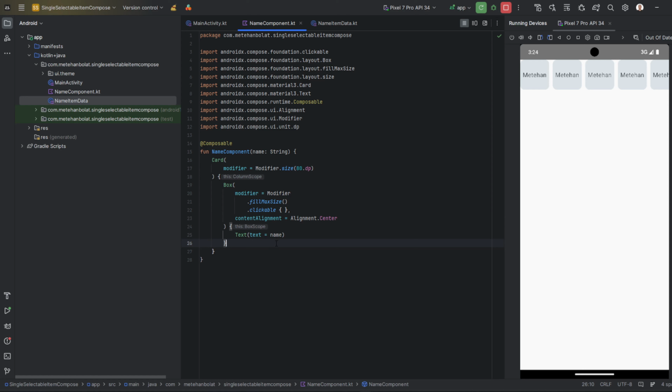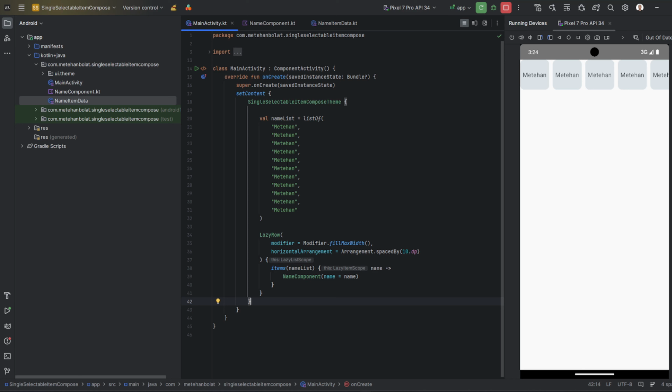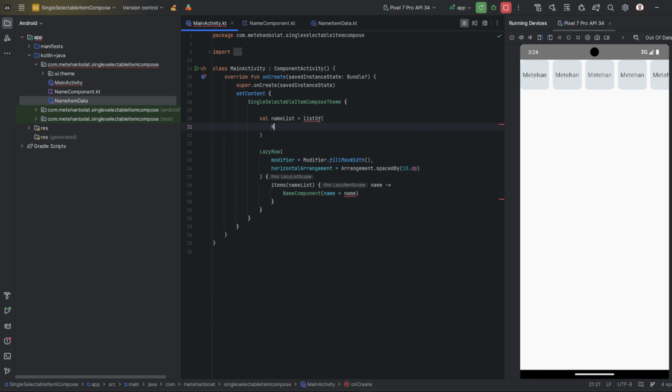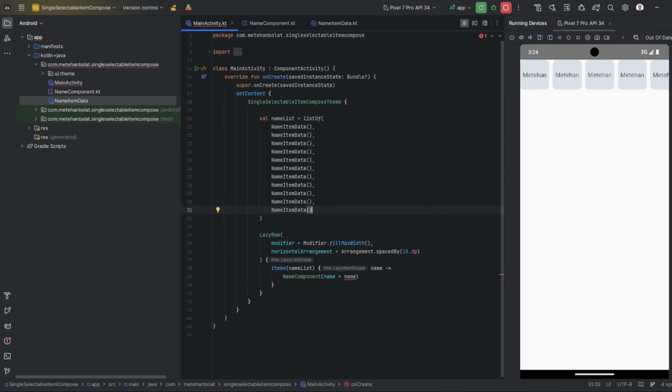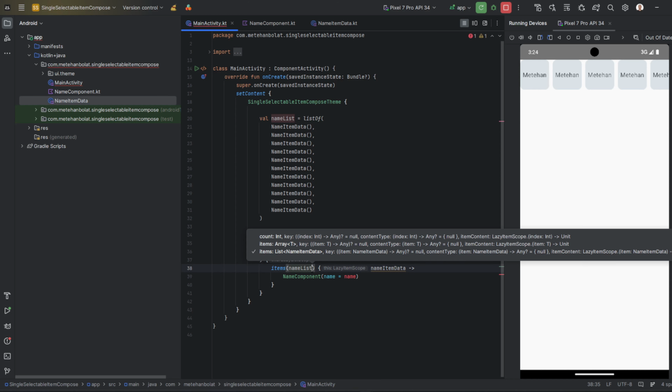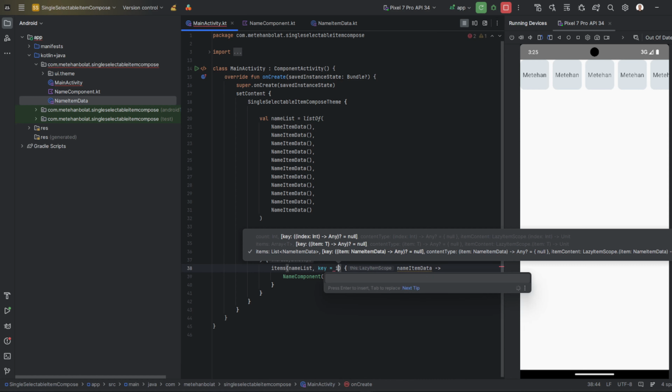We couldn't yet because we didn't change the type of the list. Let me recreate the list with the data class I just created. Name item data. Okay, we can do it. We can write ID, and write ID dot section